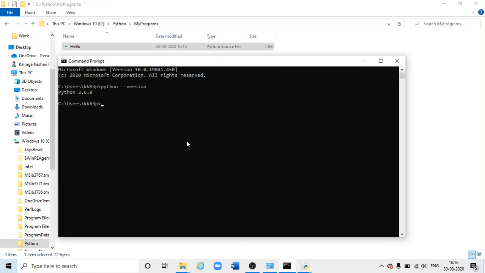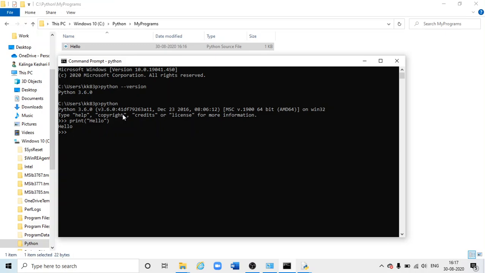So one more thing I can do is from here also, if I type python, it is taking me to the Python shell. So here also I can type something and I can execute. And if I want to come out of this, then I can press Ctrl Z. Yes.